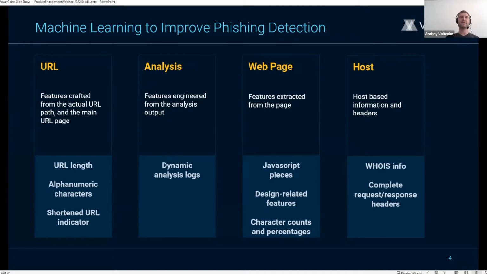Like you have now on the slide, we fully analyze the URL structure. We analyze the raw output of the web analysis. That's probably the most important thing, the most usable part of the machine learning phishing detection algorithm. We do the analysis of the host, as well as, like I already said, the full analysis of the content of the web page and all the samples or all the files that can be downloaded